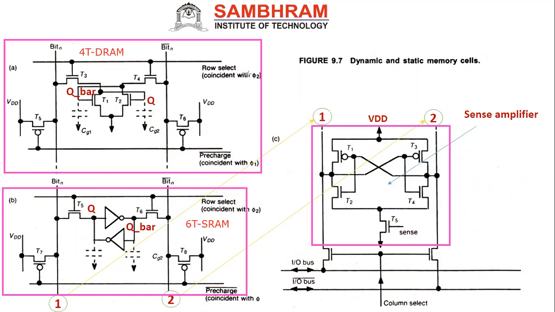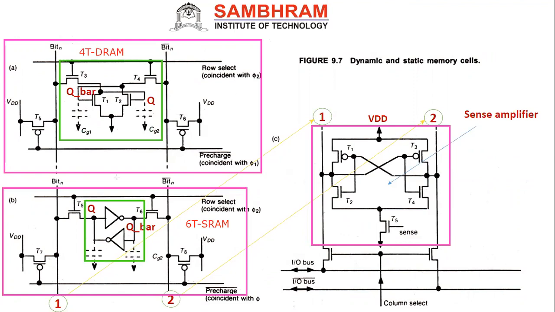Okay. Now here, in this, which is our memory cell? The memory cell is this. See, this is the memory cell actually. Here, which is the memory cell? Actually the memory cell is this. Previously only we studied, this is the memory cell actually. But entirely we have to consider.